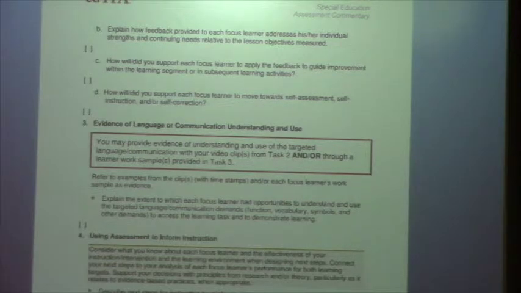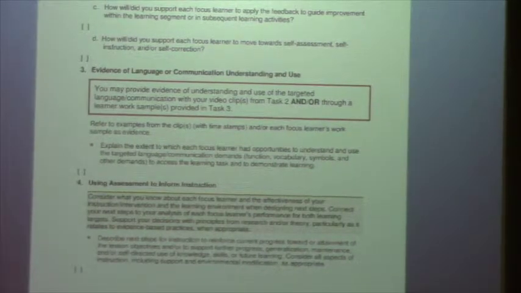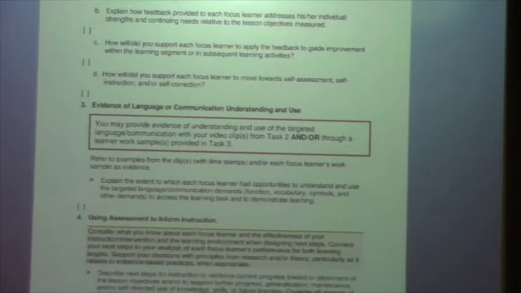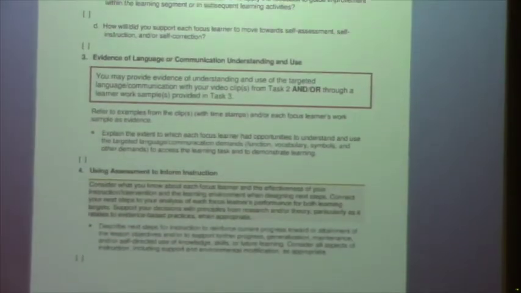And then part 4 is using assessment to inform instruction. It's very important because you're getting all this information. What's the next thing you want to do? What they would really like to see, and this is going to really come through your sequential lesson segments, is that at the end of segment 1,